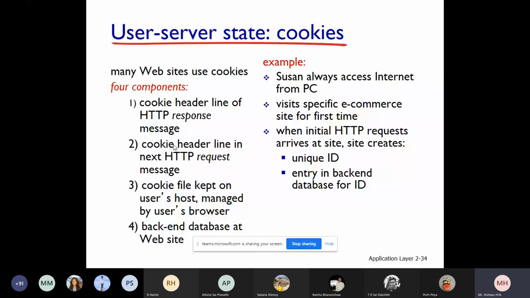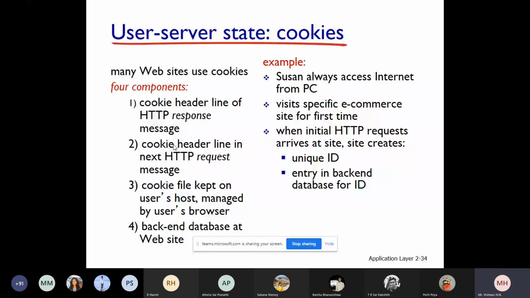To have state information about what websites you have visited and what you have done, cookies will help you store that.